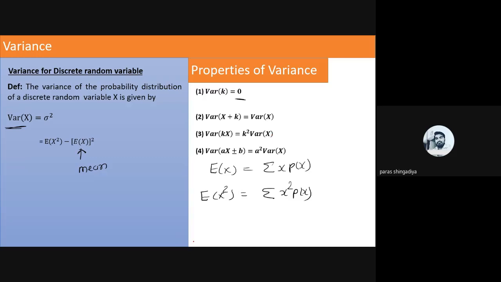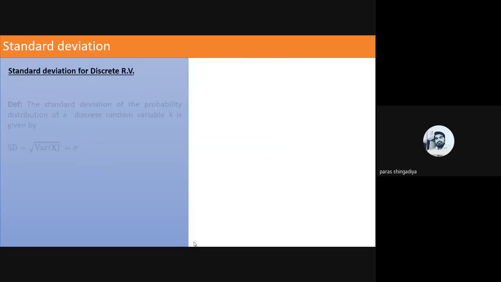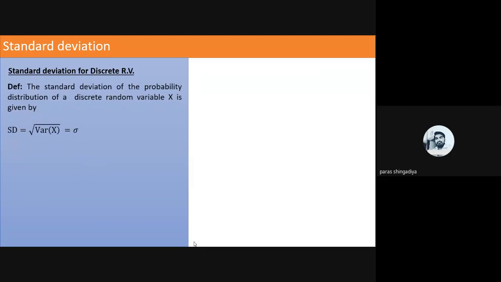So that is the topic of variance. Now the third definition is standard deviation. Standard deviation is equal to the square root of the variance. What is the formula of standard deviation? Square root of the variance means square root of E of x square minus E of x whole square. That is the formula of standard deviation, clear? First find the answer of variance and then find its square root, and you will get the answer of standard deviation.